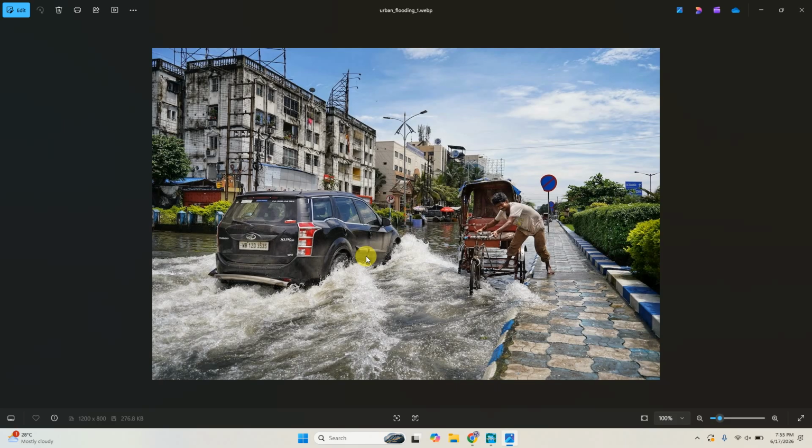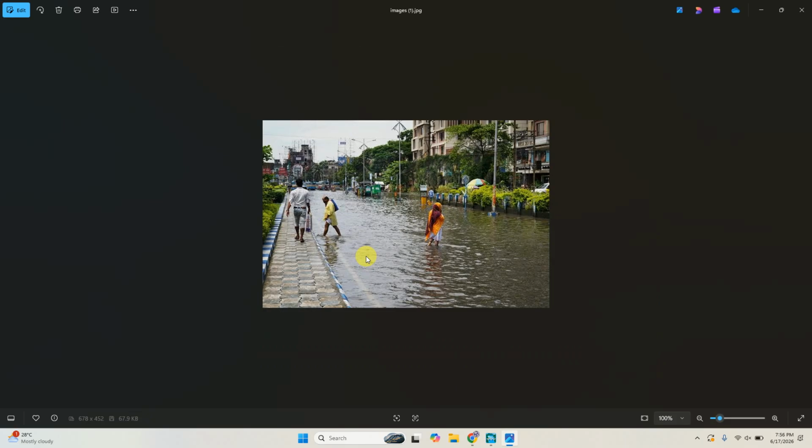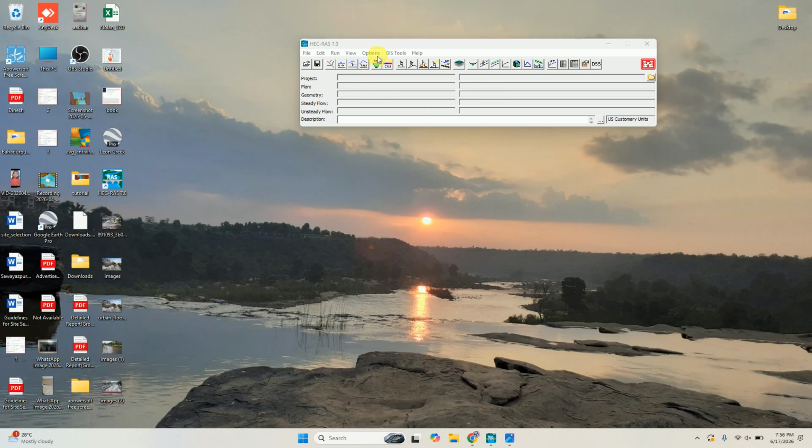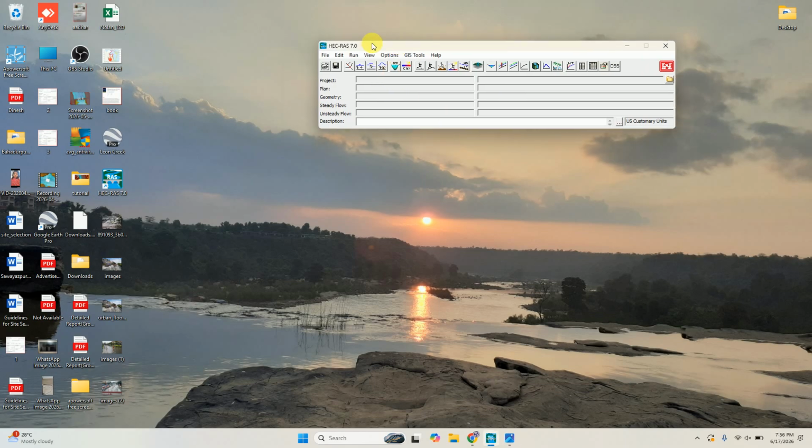If rainfall takes place in an urban area, then how much inundation will take place, and if we provide this pipe network or stormwater drainage system, then how we can mitigate this flooding scenario for those areas. Like this is HEC-RAS 7.0.